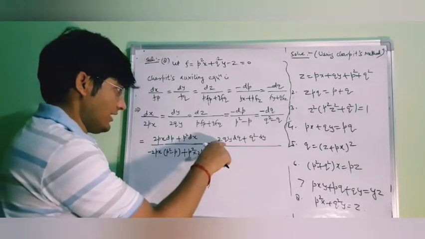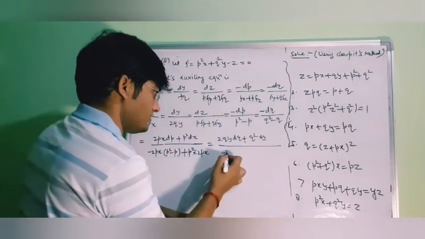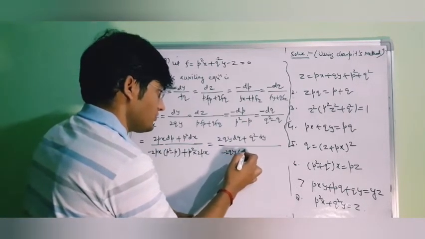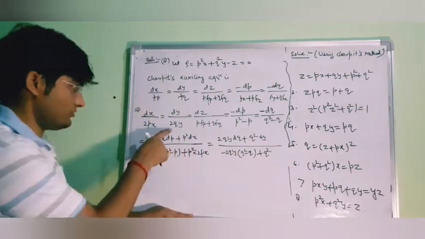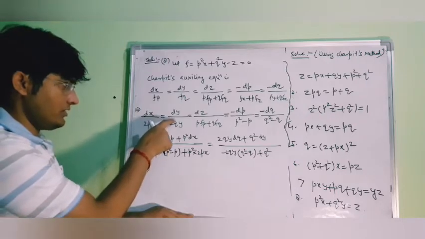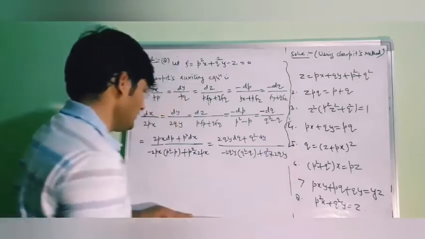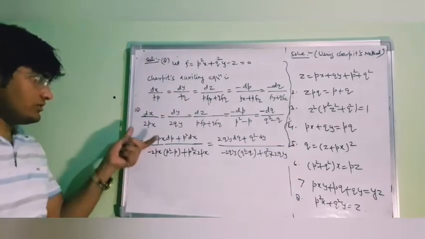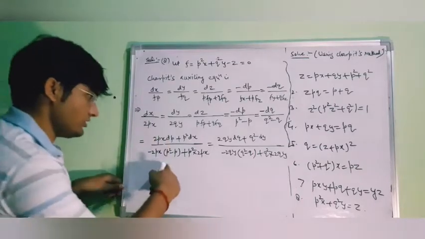So here we will have 2qy dq. So from here we will have minus 2qy, then q square minus q, then plus q square into dy. Now the term, here we have to multiply this term by 2qy. Okay, now as we know that all these ratios are equal to each other, so let us take these two